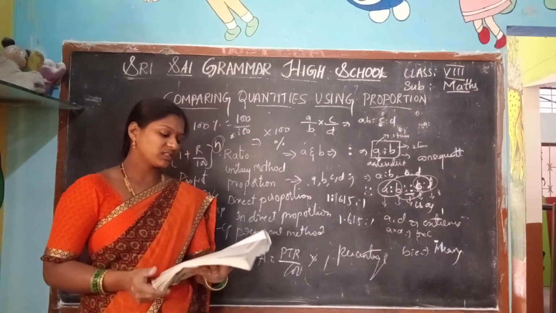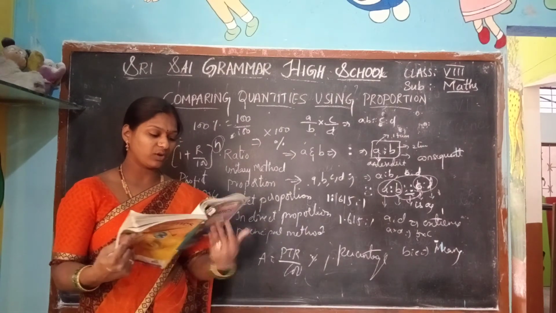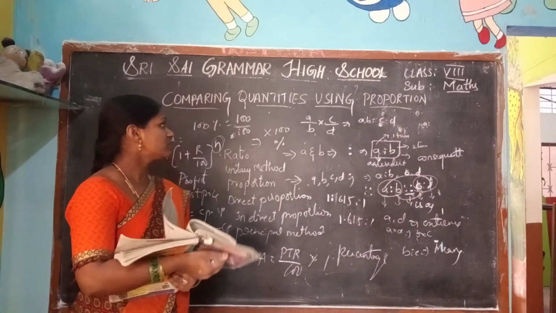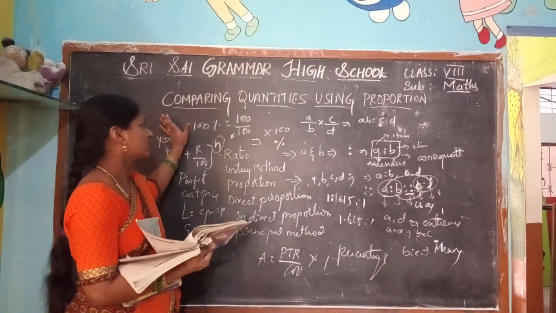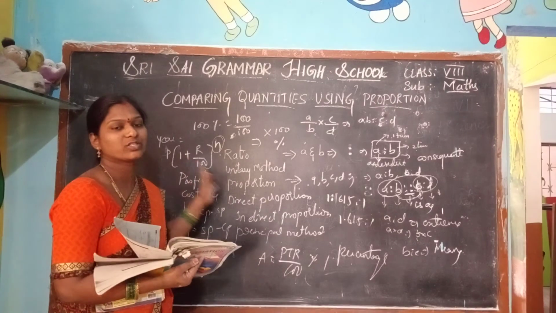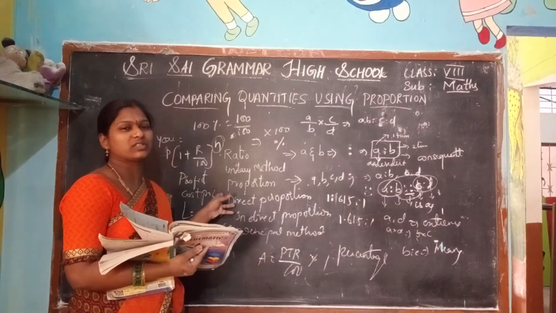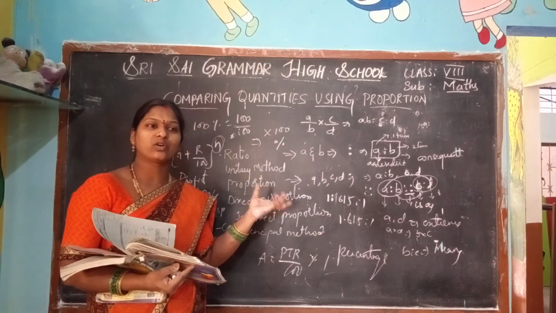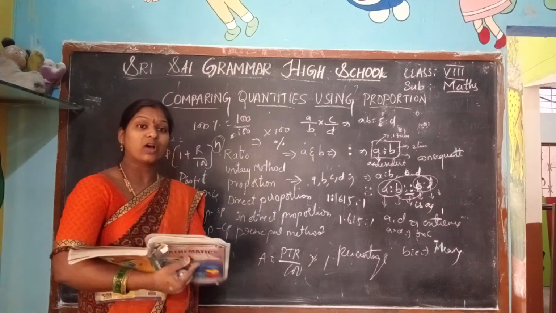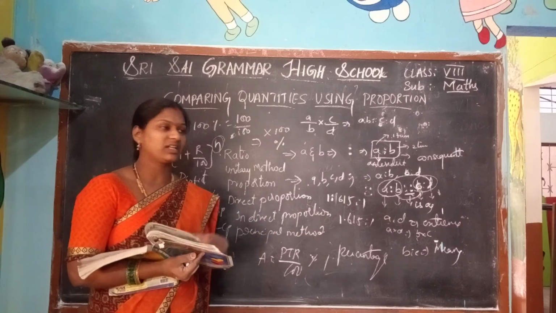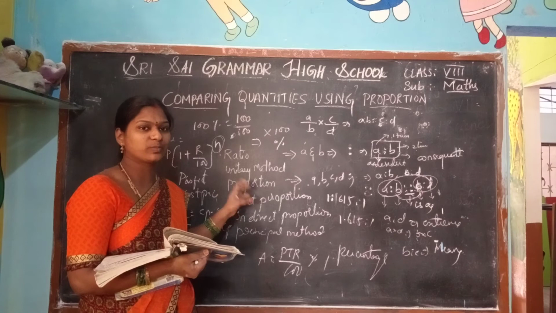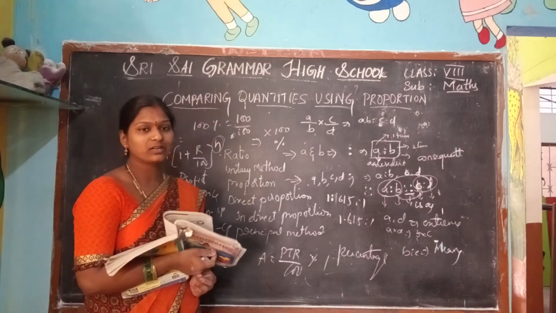Understood everyone? How we are going to apply the ratios, how we are going to use the quantities in using proportion. By using proportion, how we are going to compare the proportions in a given cost, how we are going to estimate the percentage also in the compound ratio. Yes, these are going to be applied on the given quantities.